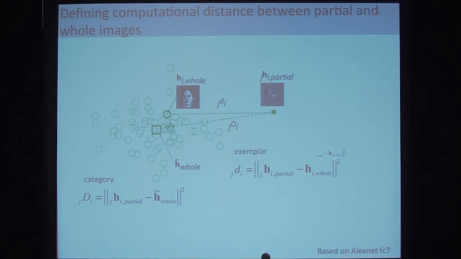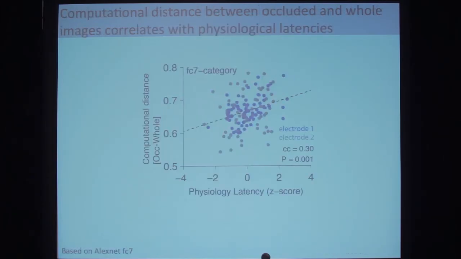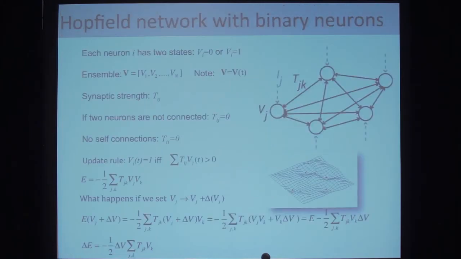Again, it turns out that we can measure for each picture how difficult it is for the models to recognize them, essentially how distinct each picture is from the category mean. Again, there's a weak but significant correlation between how difficult that particular occlusion problem is for the model and how much delay there is at the physiological level. How can we rescue performance, given that at the behavioral level and at the physiological level, I argue that we need recurrent computations? How can we use these ideas about recurrent computations to rescue and improve performance for recognizing heavily occluded objects and perform pattern completion?